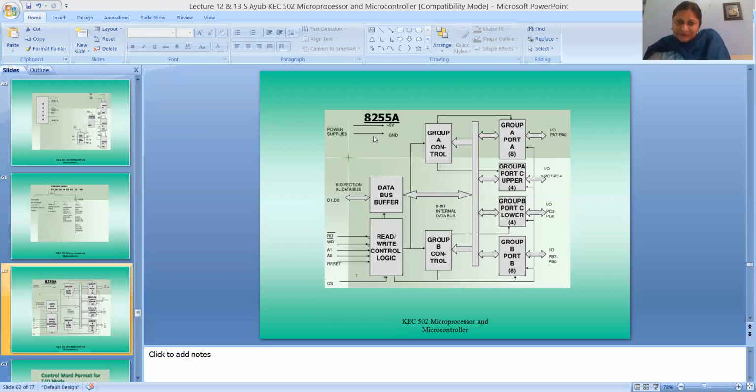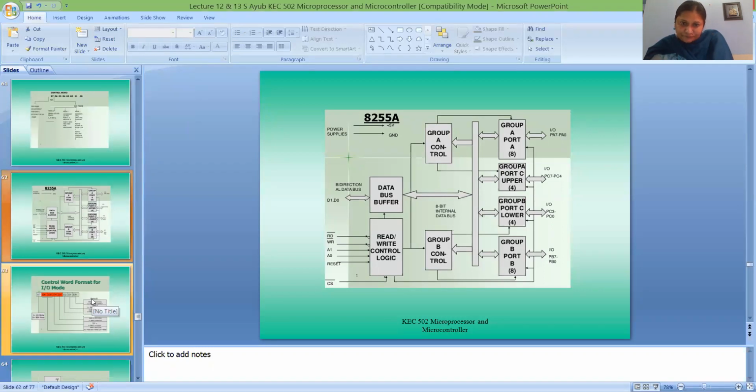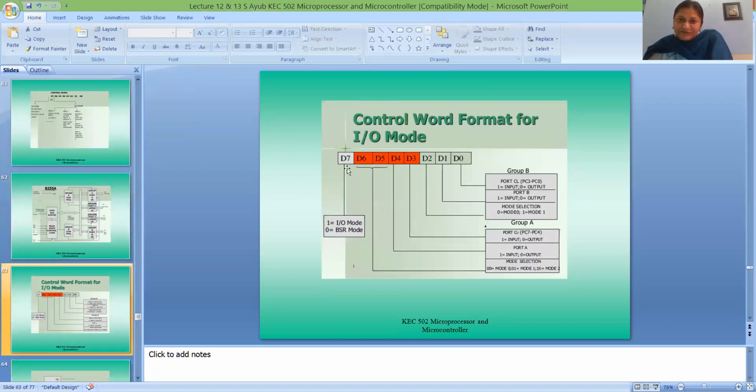You should have power supply 5V and ground. You should have data bus. You should have read write control signals. You should have some address. You should have chip select pin, and you should have some controls for each and every port. So when we see the control